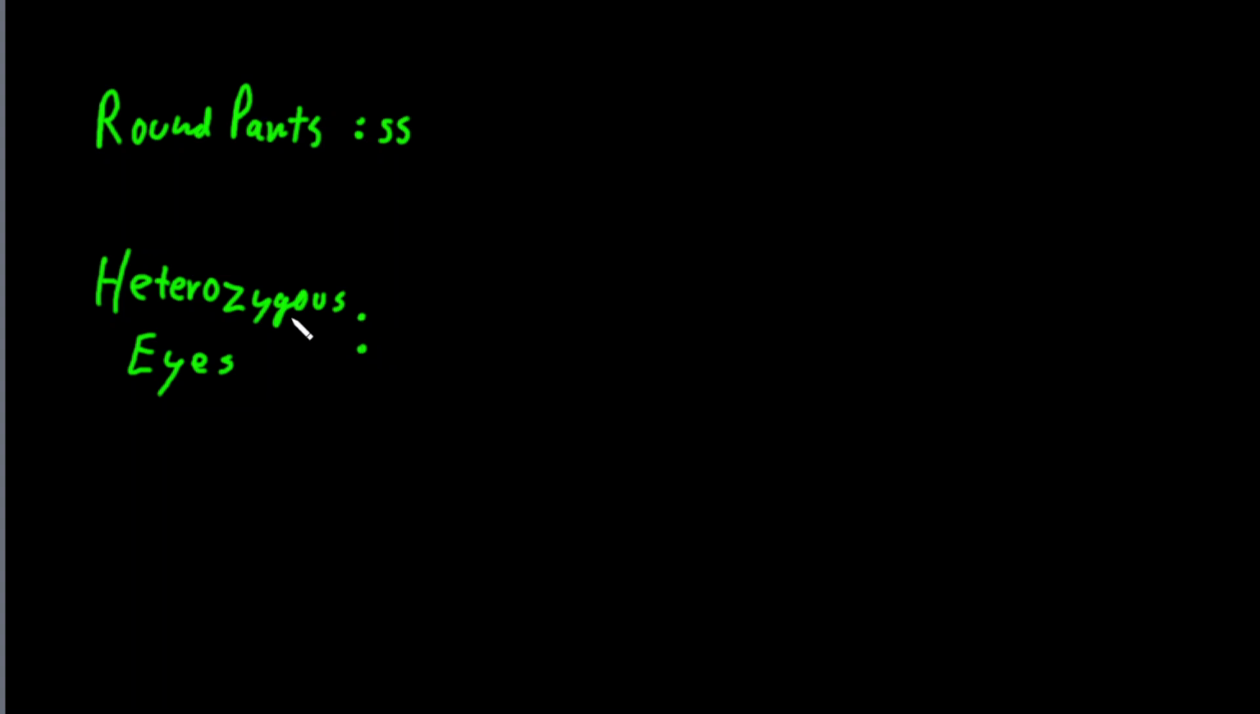Heterozygous eyes. Heterozygous means I'll have one capital and one lowercase. Eye shape, again, is with an R for round and square, or round and oval, excuse me. And then I will put those together and get a heterozygous eye shape and a homozygous recessive pant shape, and that will be what the genotype will look like for number 2. All right, number 3,